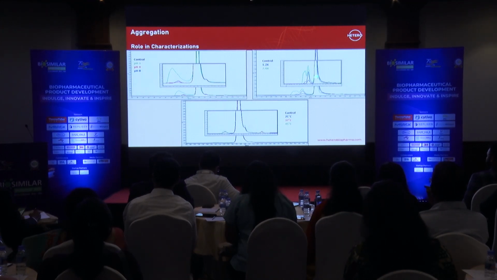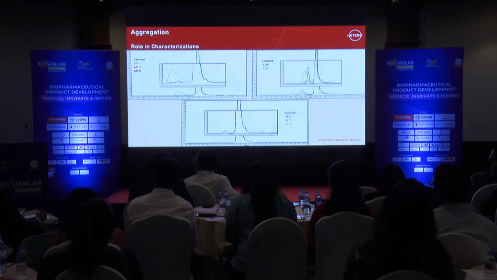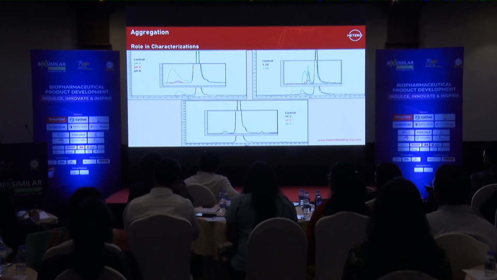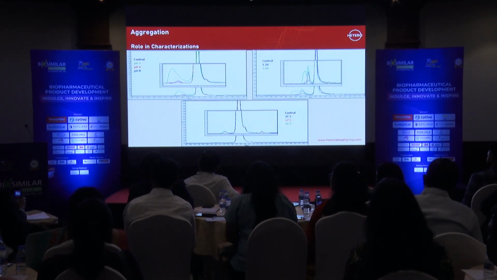If you see, the different changes in UV light and visible light can give rise to different forms of aggregates, which is also equally important for you to understand your process and process characterization. So is the case with temperature. If we are elevating to 45 degrees, you are getting an additional form of aggregate which was not present. So you would think that your product is fine, but when you are stressing, you are seeing a different form, which may show up at a later stage in stability, maybe over 2 or 3 years, and you cannot wait that long to understand that your product was not at par.